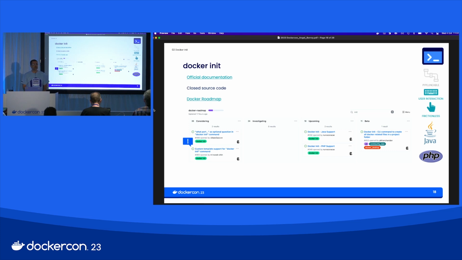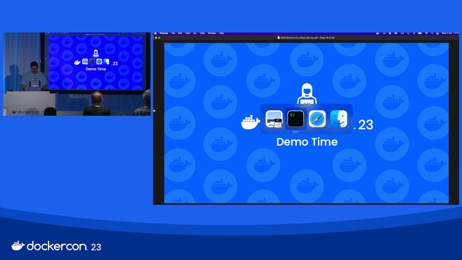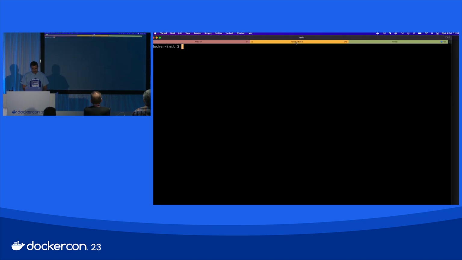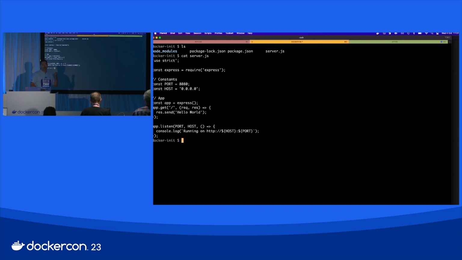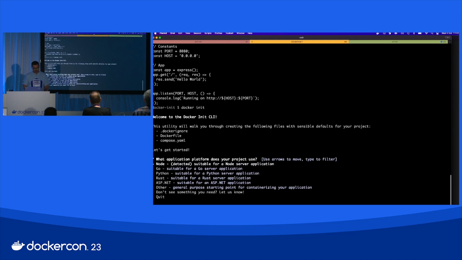I don't know who tried Docker Init before this. No one? Okay, so let's make a test. I'm going to use the Node.js deployment. I have a small Node.js application, a server, the pretty hello world stuff, that is listening on port 8080 and just returning hello world. If I type docker init, that is available by default,